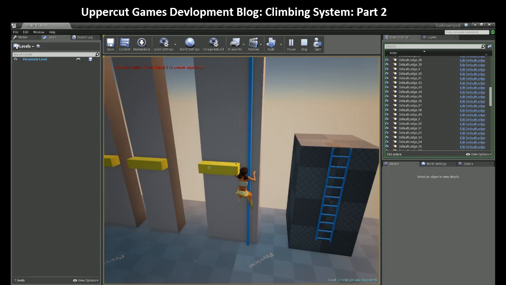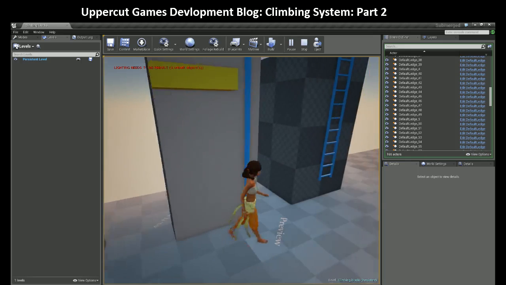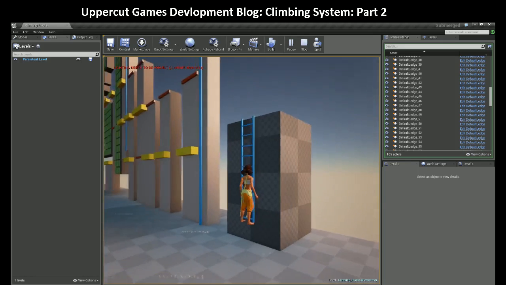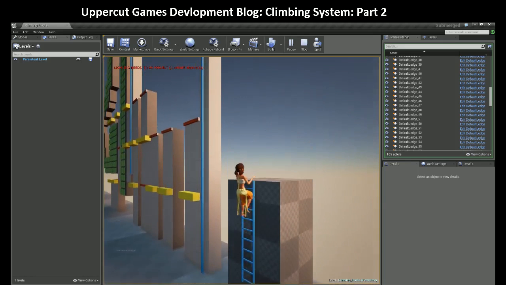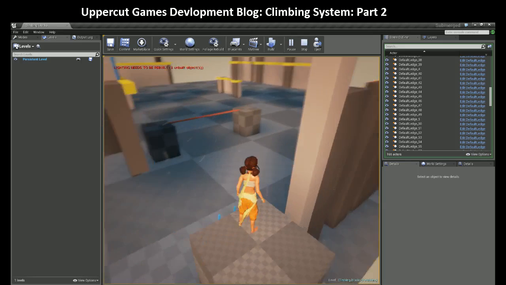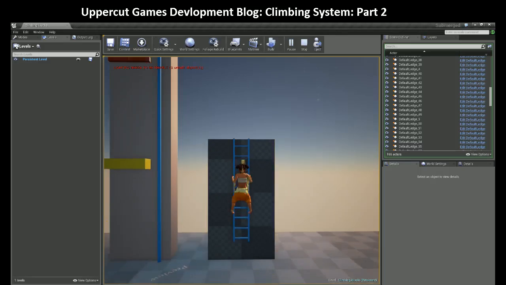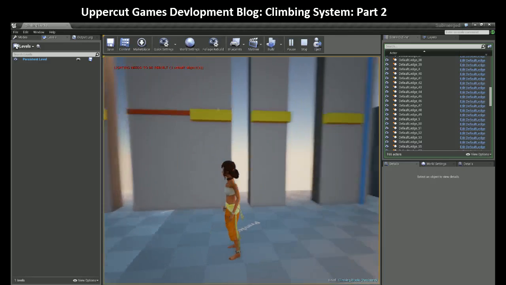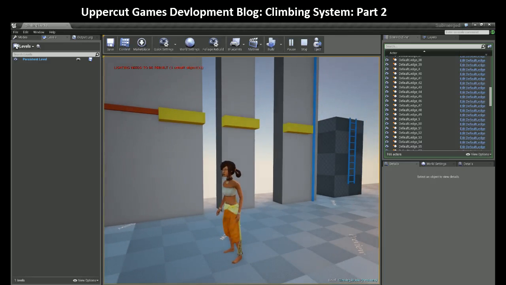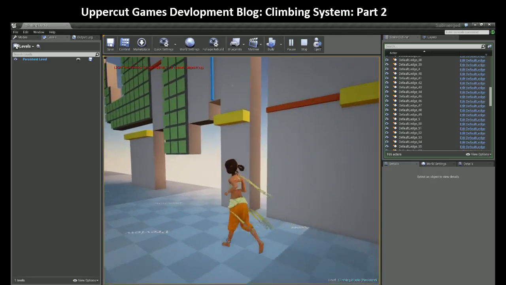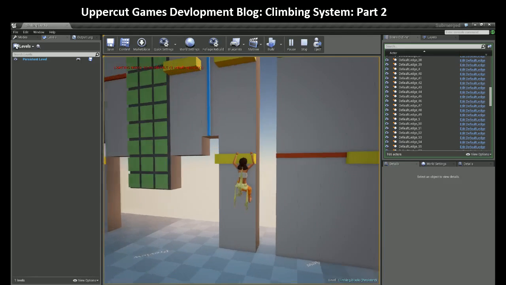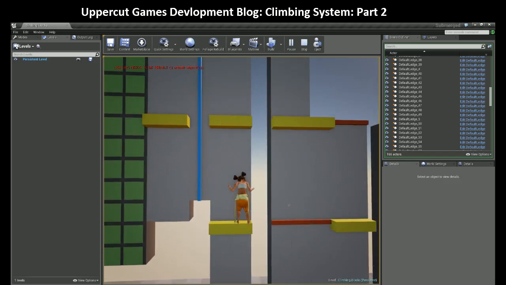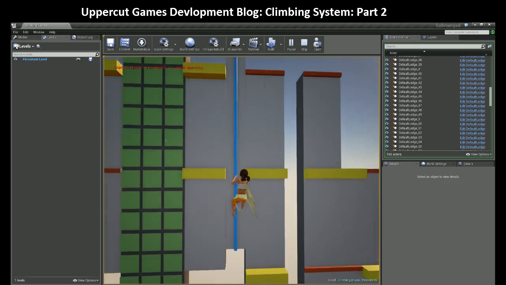So we've also added a few different movement types since the last video blog. We've got climbing on a ladder. I haven't finished the actual animation set for this, so as you can see, she just sort of lerps around between the positions. But that's actually a pretty cool thing about the system. It means we can start building levels with these different climbing puzzles in them without actually having all the content finished. And because it's using blueprints, as I do the different animations and finish it, it just all starts turning up in the game,